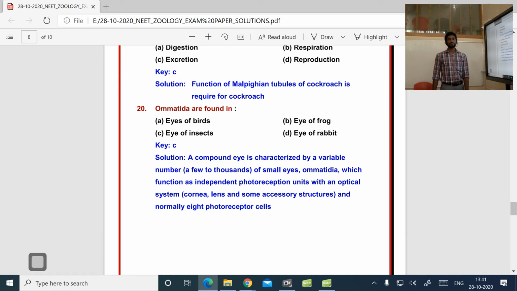So what are the ommatidia? Cockroach has a pair of compound eyes, located in the dorsal part of the head. This compound eye has about 22,000 visual elements, called ommatidia. So what vision can we observe in the cockroach? That is mosaic vision, right, student? This is information we already discussed in the earlier class. So the correct option for the 21st is C.